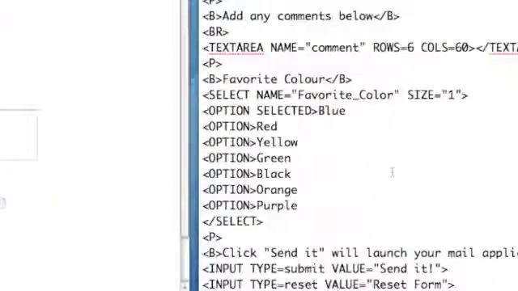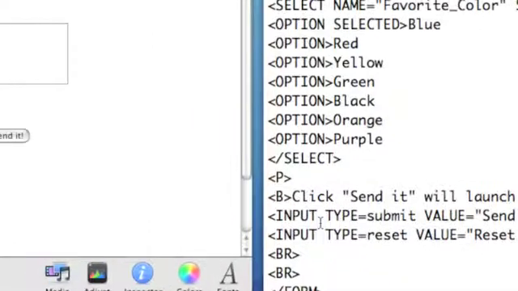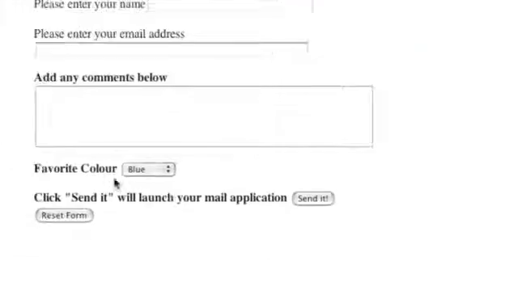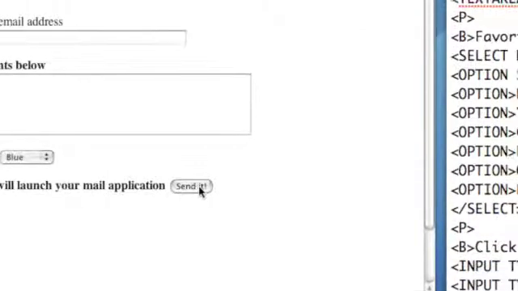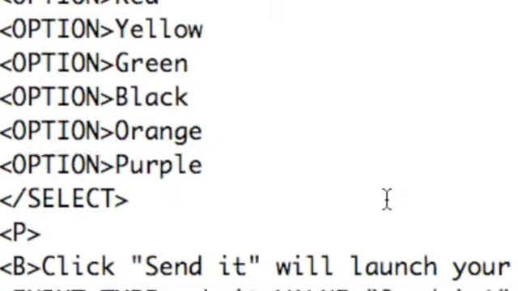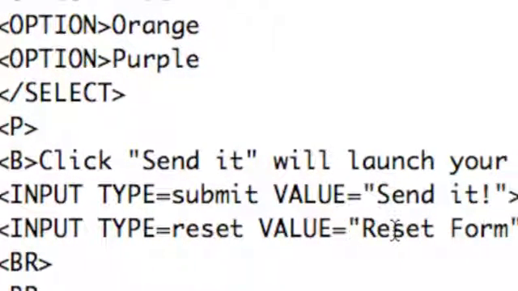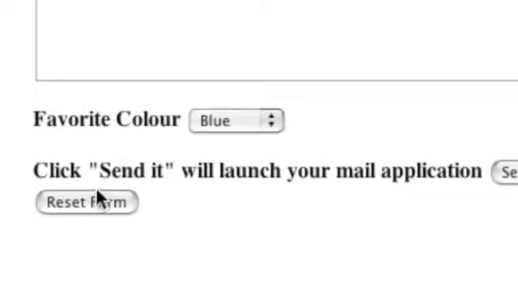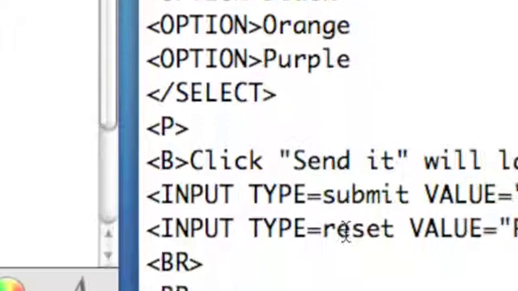Now, in the end, finally, you've got an input type submit, value equals send it, and that means the input type tells you what it is. That's this one here. After you've written that, send it, and the value is what's going to be on the button itself. Send it. See, send it's there. Okay, so that equates to this. Send it. Input type reset, value equals reset form, and that's the one that's written on this one here, reset form. Whatever you type in that value equals will come out there on the button itself,